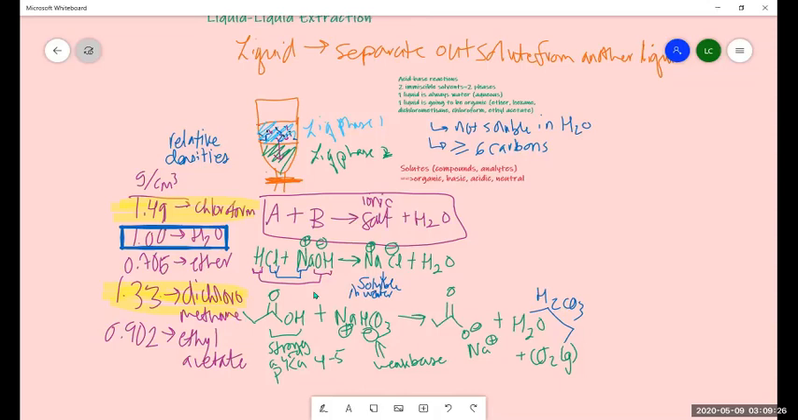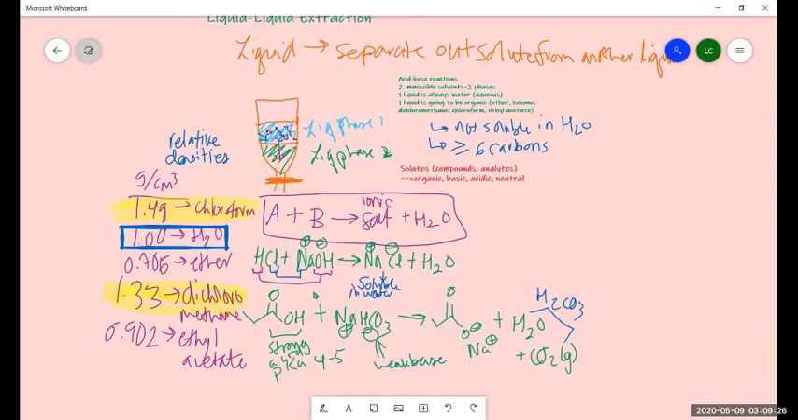Okay, and then yeah, they give you other examples. So you want to also look at pKs to be able to do acid-base reactions. I'm not going to talk about that much. Okay, so then just to recap what you did in your experiment,